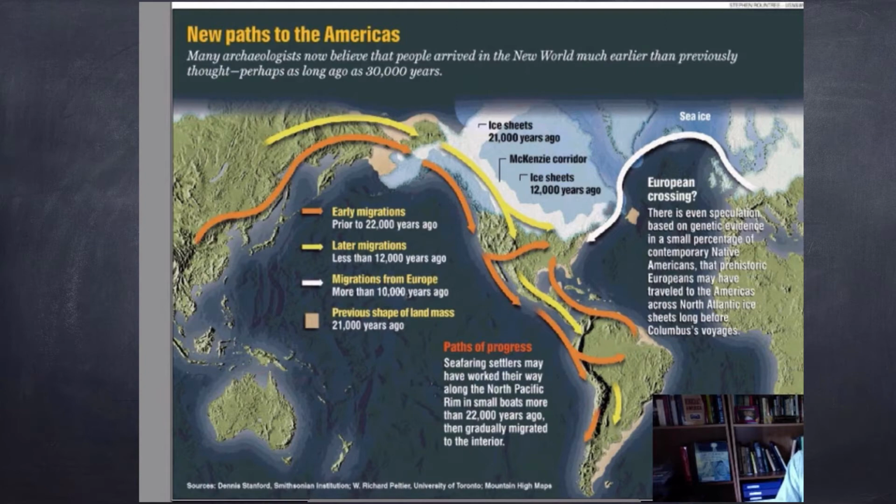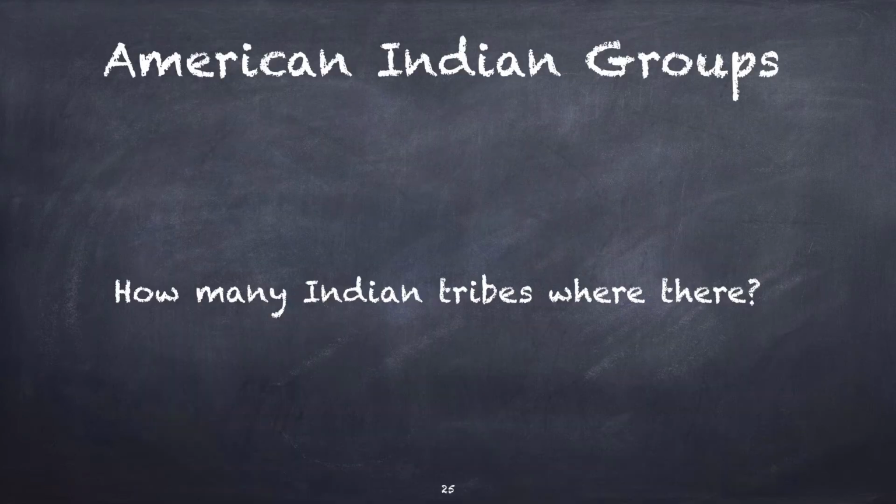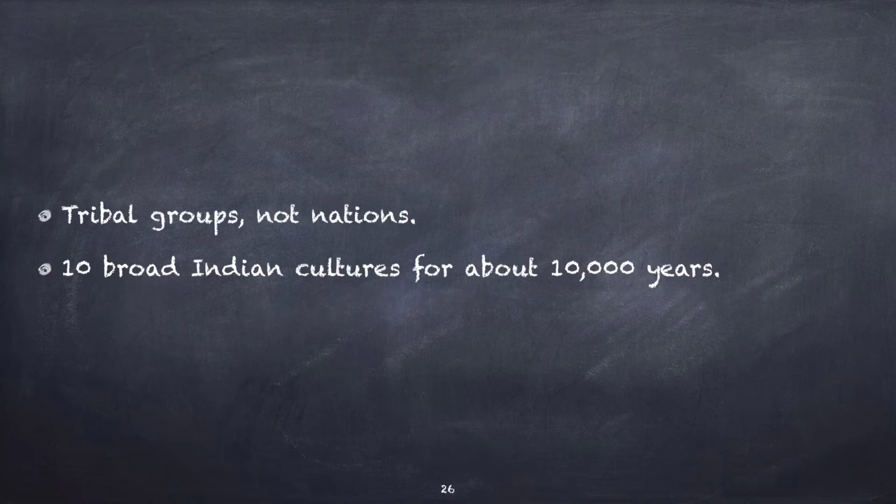All right, good review. Okay, we talked about the native groups, right? How many were there? Oh, no, we haven't gotten, now we're going to break it down a little bit. 10. Often we hear they're called nations, Indian nations. They weren't nations, they were tribal groups. It's very important to understand the difference, but by and large, there were 10 broad Indian cultures throughout the last